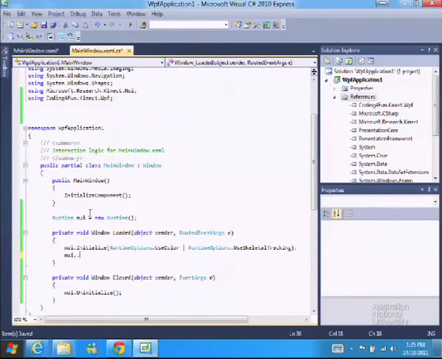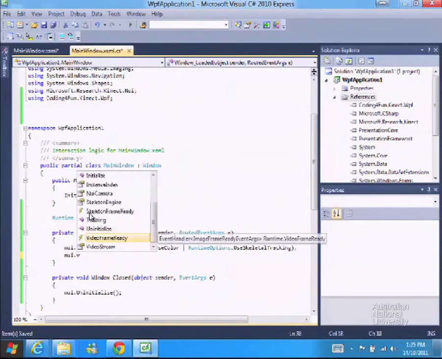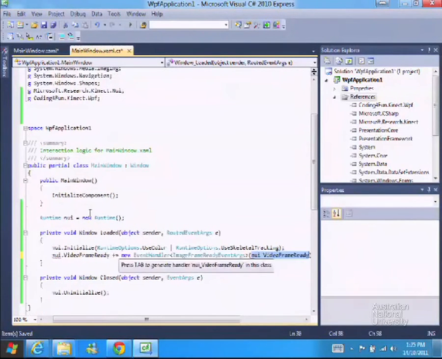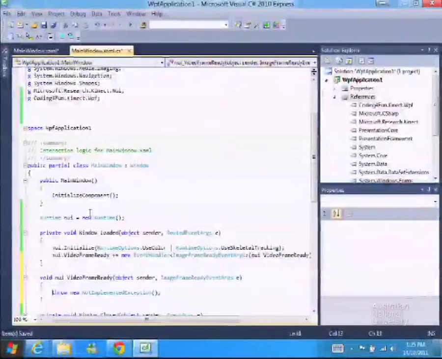So you go nui.VideoFrameReady. This fires off an event whenever the Kinect gets a camera frame. And you go plus equals, and then you just press tab and it'll automatically create it for you. If you press tab twice,